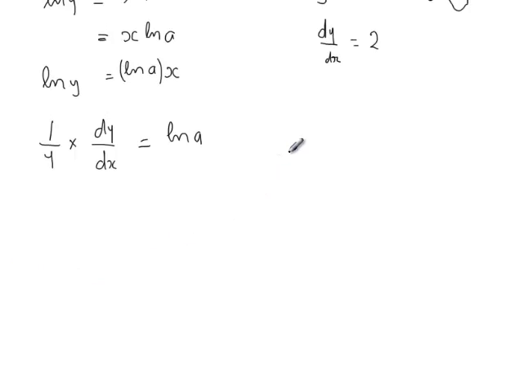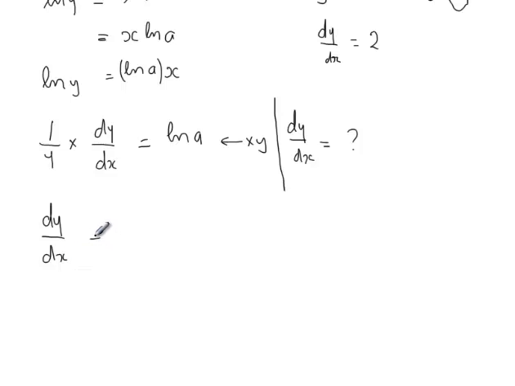Now what do we need to do? We are targeting dy dx. That's what we mustn't lose sight of. So if we're targeting dy dx, we have to make this the subject of the formula. And the only way to make this the subject of the formula in this case is to multiply both sides by y. Now if you multiply both sides by y, you get dy